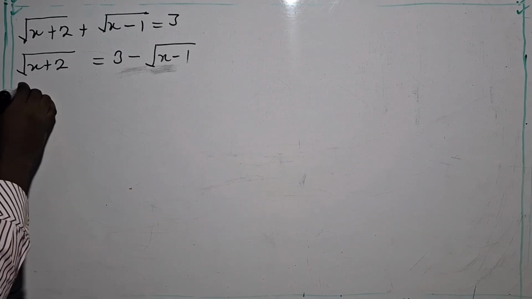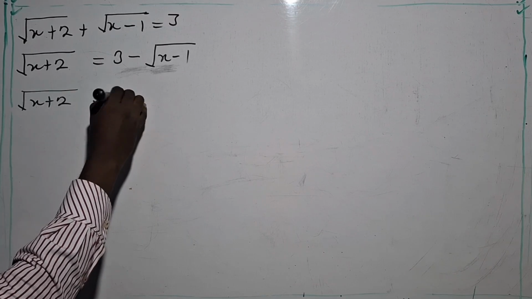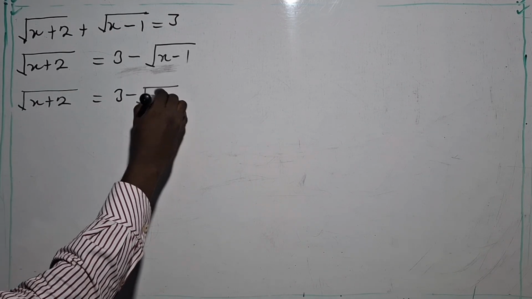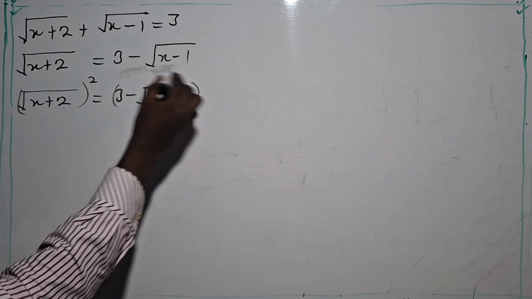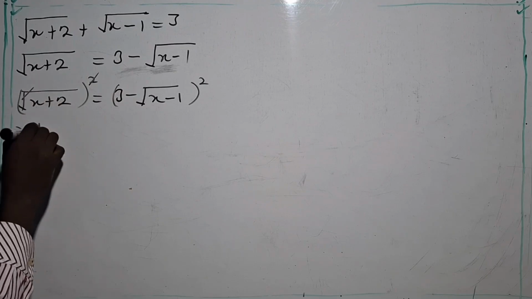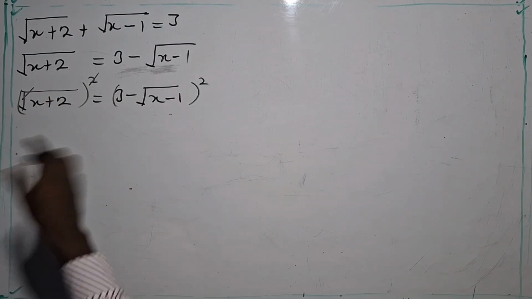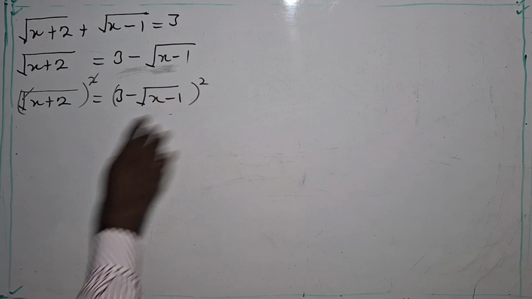So the second step is we have to eliminate the square root. You eliminate the square root by squaring both sides. Yes, you square both sides. So this square will take this. So we have x on this side. Now looking at 3 minus square root x minus 1, squared,